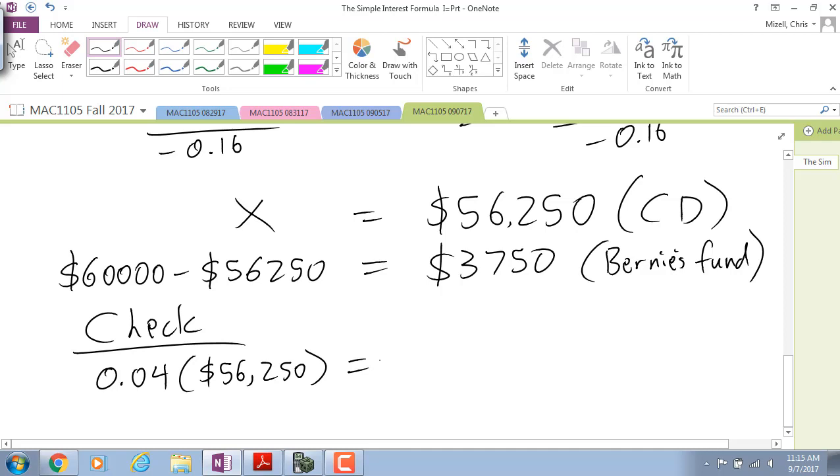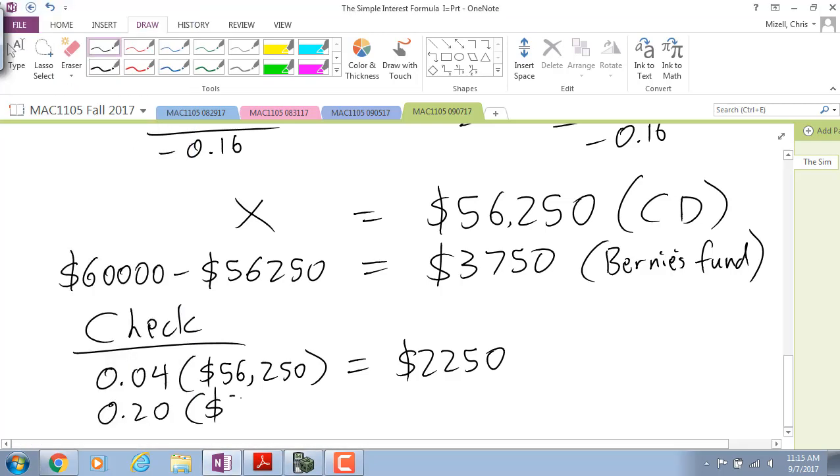How much interest? $2,250. If Bernie's fund not only returns her principal, but also pays 20% interest on top of that, the interest